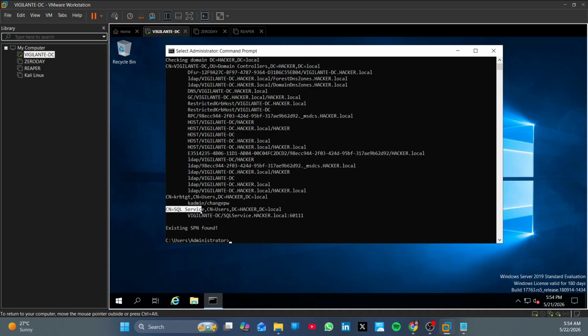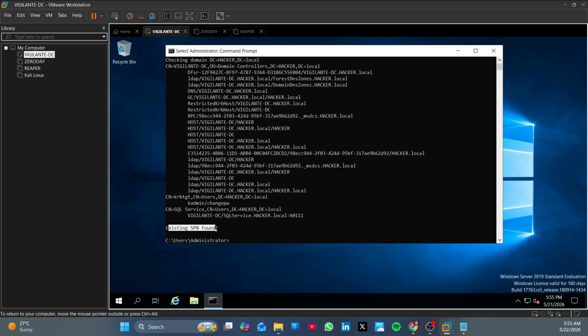Now see at the bottom it says vigilantDC/SQLservice.hacker.local:60011, existing SPN found. Perfect. Okay, so now we have set our users, we have set our Kerberoasting attack, we have